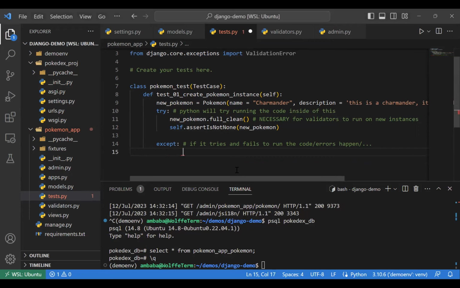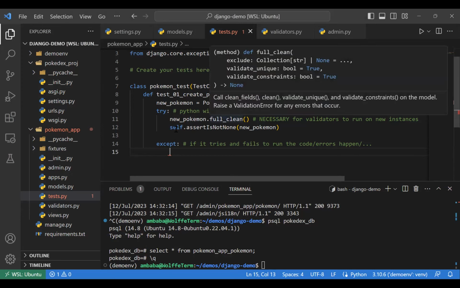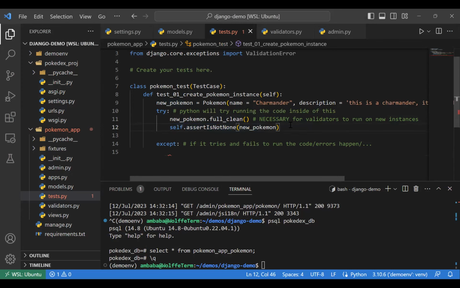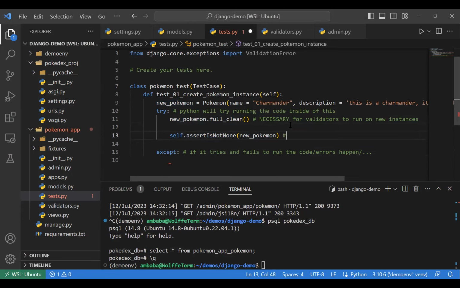Okay, so back to the try except. So again, Python is gonna try running the code inside. It's gonna say, all right, I want to fully clean the Pokemon out, and I'm going to apply my validators to it. And then why am I running self.assertIsNotNone? That seems a little bit strange. Well,